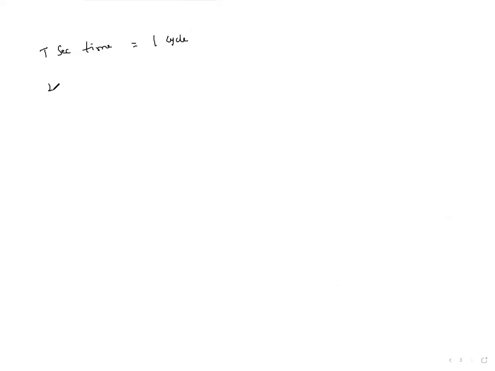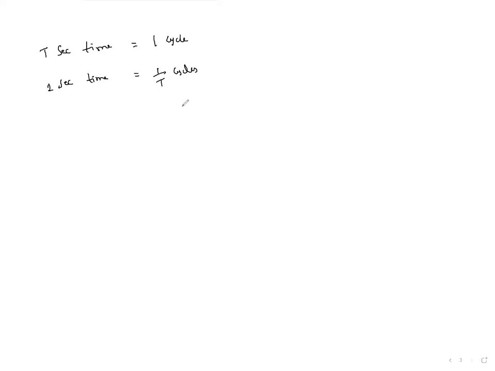Then within 1 second time, how many cycles will be completed? See, for T seconds, within T seconds, 1 cycle will be completed. 1 by T. Very good. So 1 by T cycles will be completed.